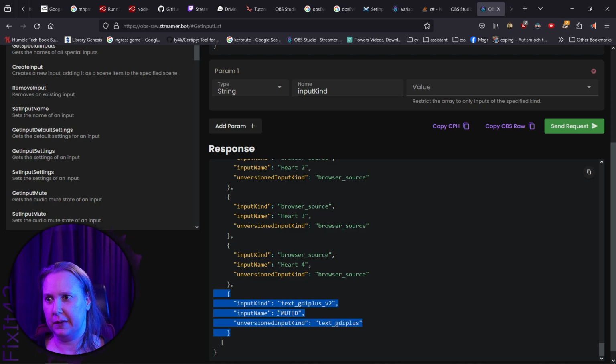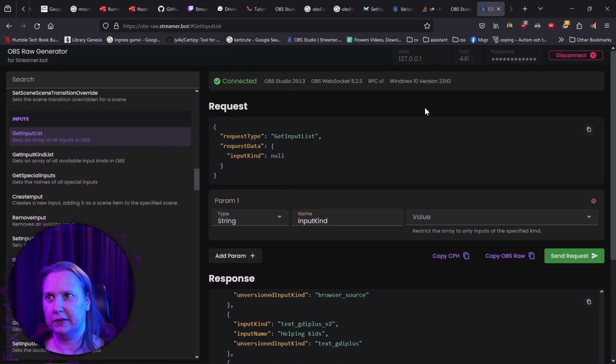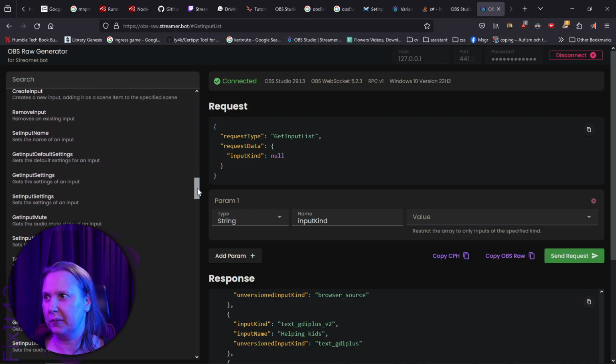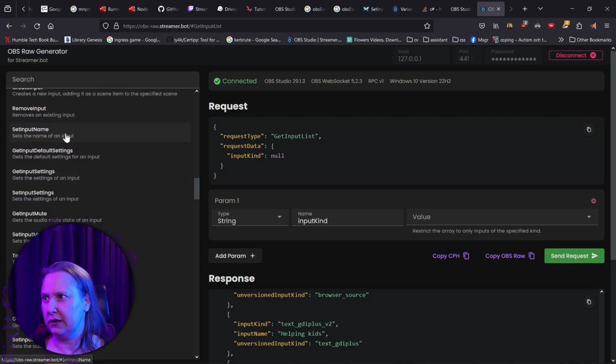And the name is muted. So we can get it if we list all inputs. We don't want to create or remove now. That's what I did last time. Now I just want to